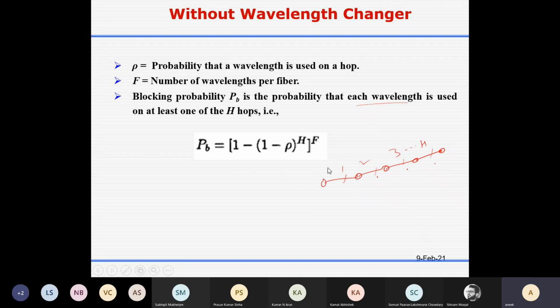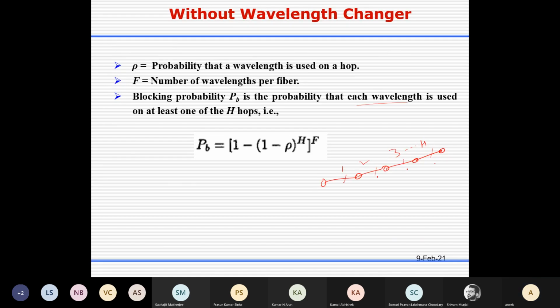If we specify some values of h, rho, and f, you can see how the result changes. There are three parameters, rho, h, and f. By using these three parameters, you can get different blocking probability when you use a wavelength changer or when you do not use a wavelength changer.